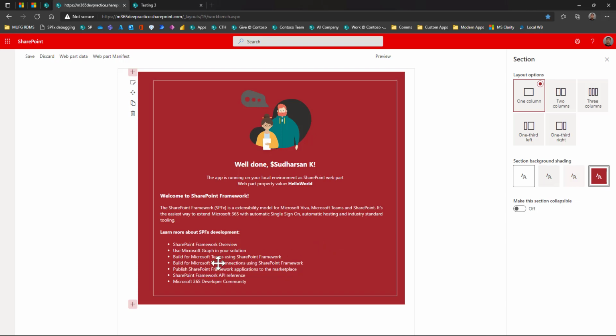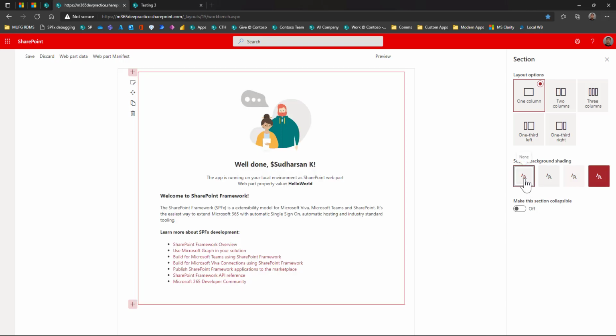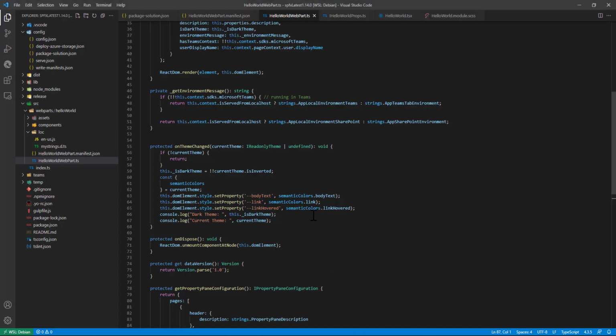If it is red, the text becomes white, and if the background is white, the text automatically becomes the primary theme color. This is because they are using the semantic colors and assigning these variables in the CSS.